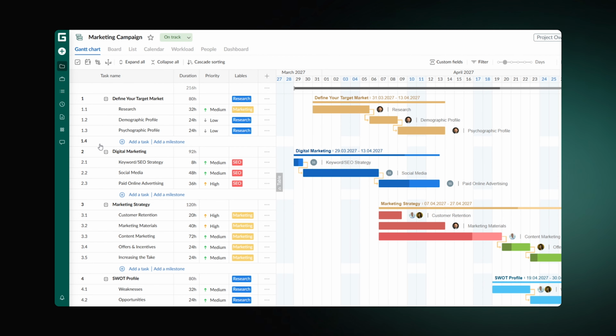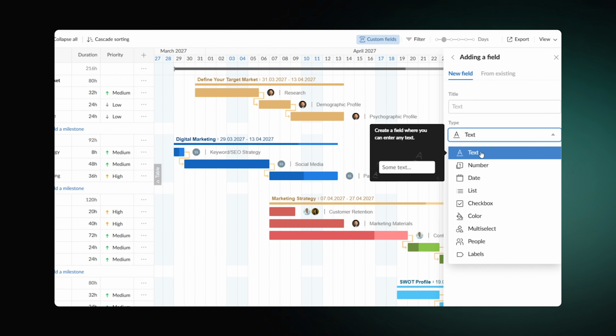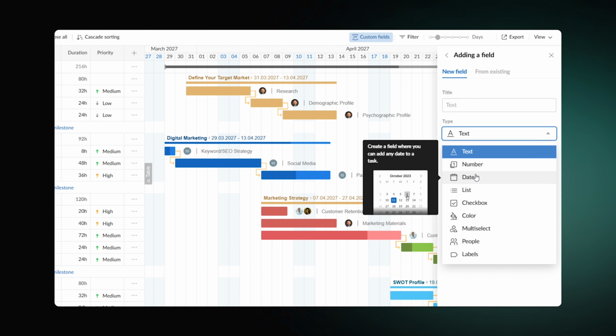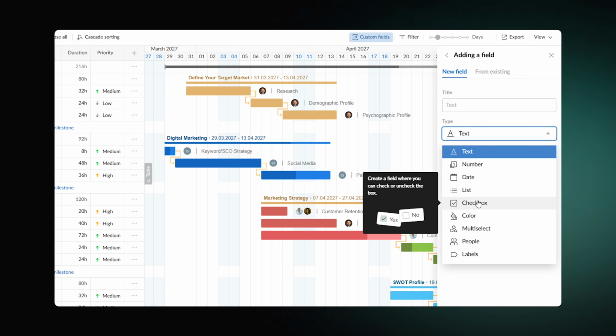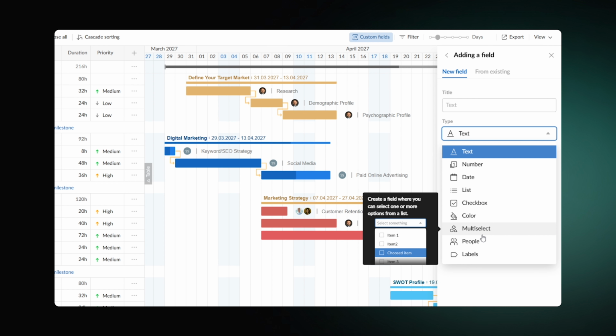In GanttPRO, each of your projects has a set of standard fields. In addition to them, you can also create custom ones. Custom fields are additional fields you can create to store specific information about your tasks or projects. There are 9 types of custom fields available in GanttPRO. They let you tailor projects to your workflows, making it more personalized and easier to track exactly what matters most